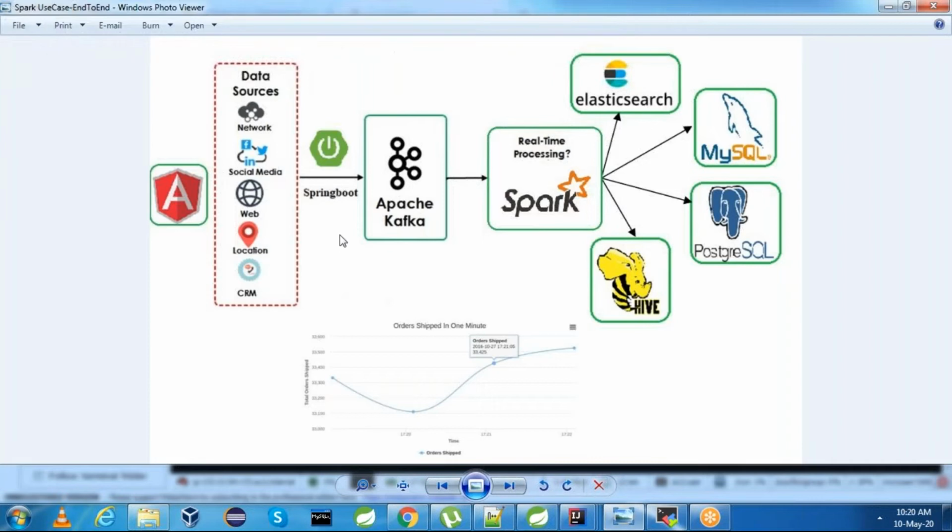As a part of Spark use case end-to-end scenarios, we have seen how to install MySQL in our previous video, and now we are going to write a Spark job which will read a CSV file and store the data into MySQL server which we created. I will try to do this in two steps.